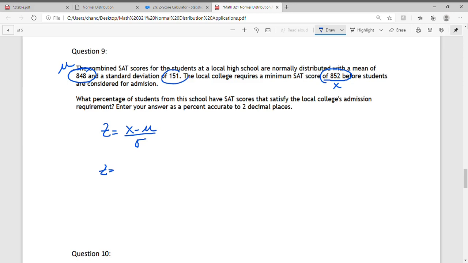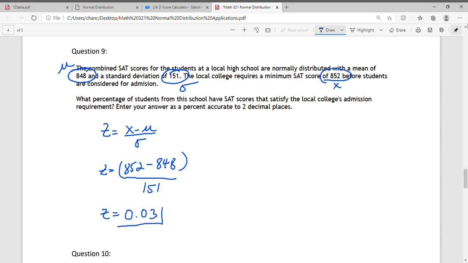The standard deviation is 151, that's sigma. So I can plug it in. We have 852 minus 848 divided by 151. So the z is equal to, let's plug it in our calculators. Again, don't forget the parentheses. And this gives me a z-score of